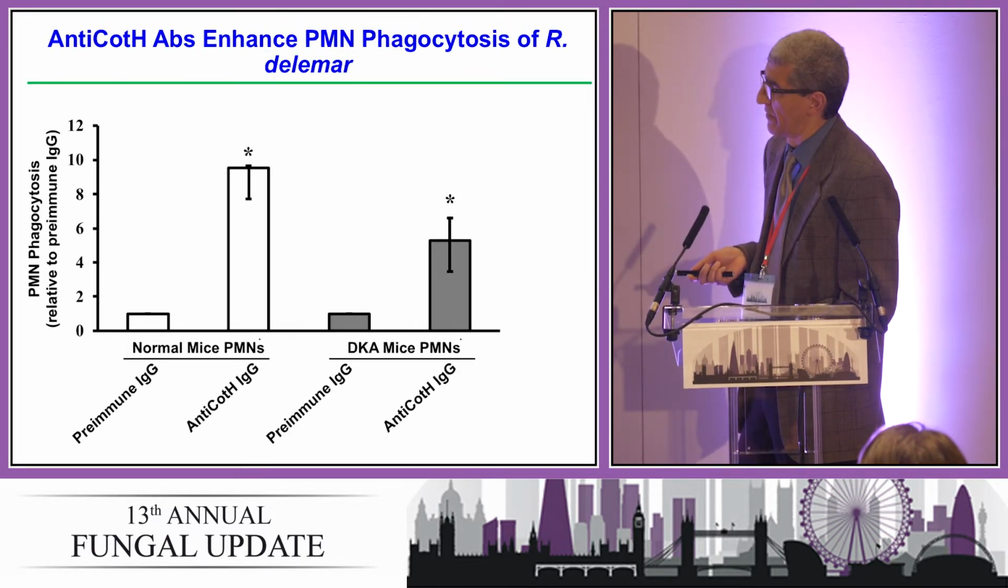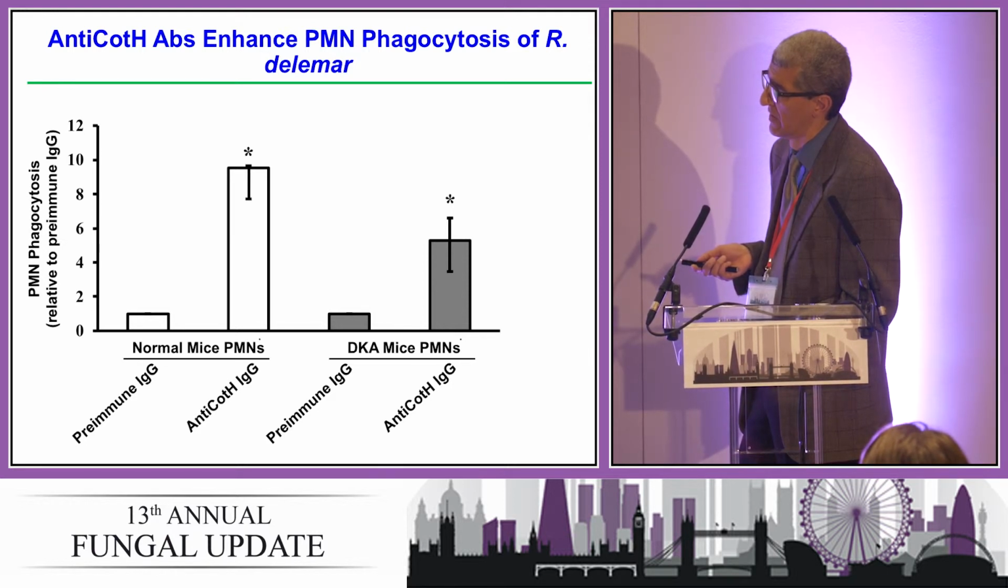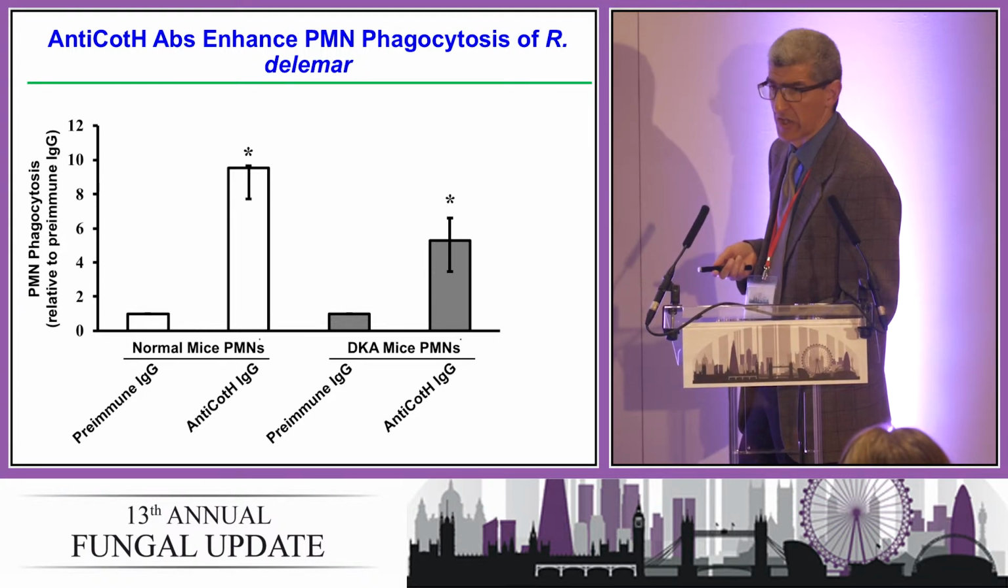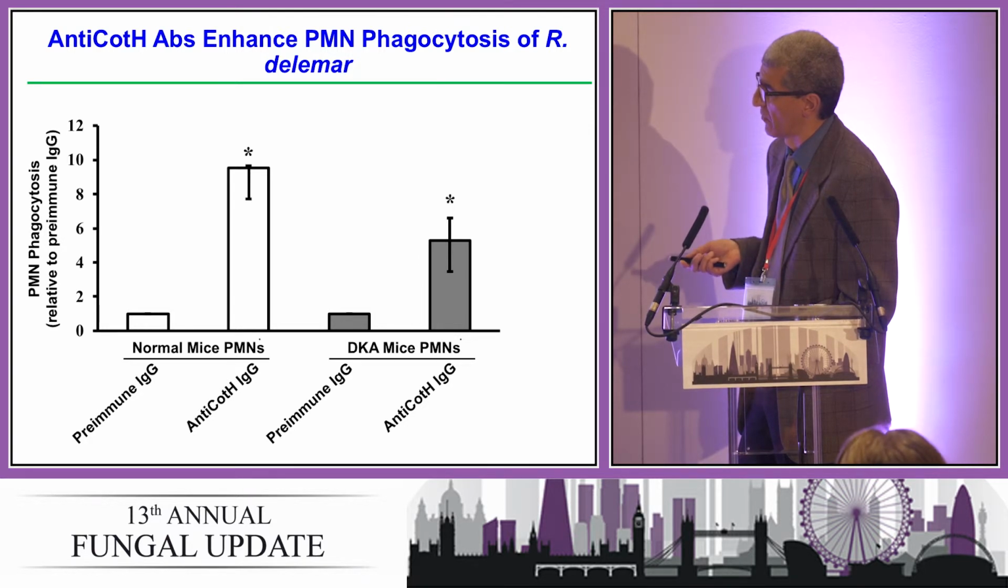We've taken neutrophils from normal mice versus diabetic mice, and we've treated them with either pre-immune serum versus the anti-COT-H antibody, and we've determined the ability of these neutrophils to phagocytose Rhizopus, and you can see that in the presence of the anti-COT-H antibody, they are more phagocytic. The same thing with the diabetic as